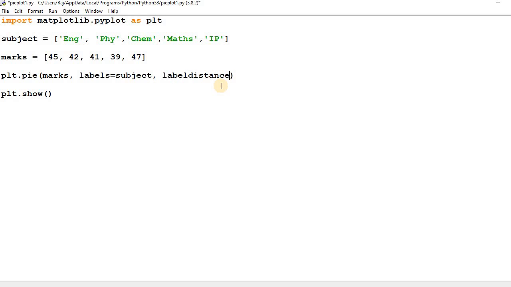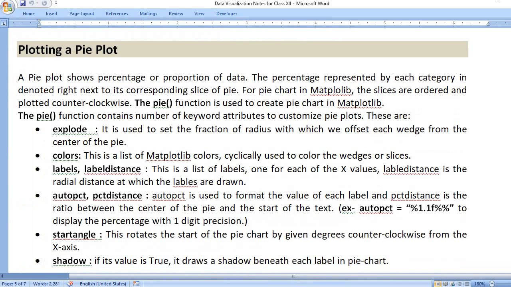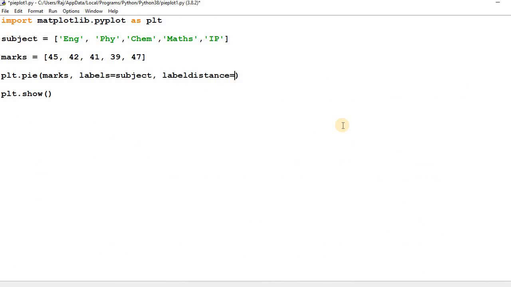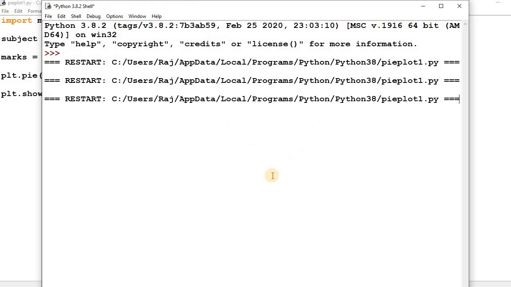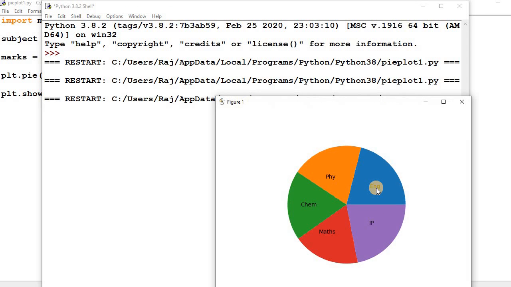Label distance. Let me check, label distance, and suppose I'm using 0.5. Running this program, you can check the label is now displaying at this place.